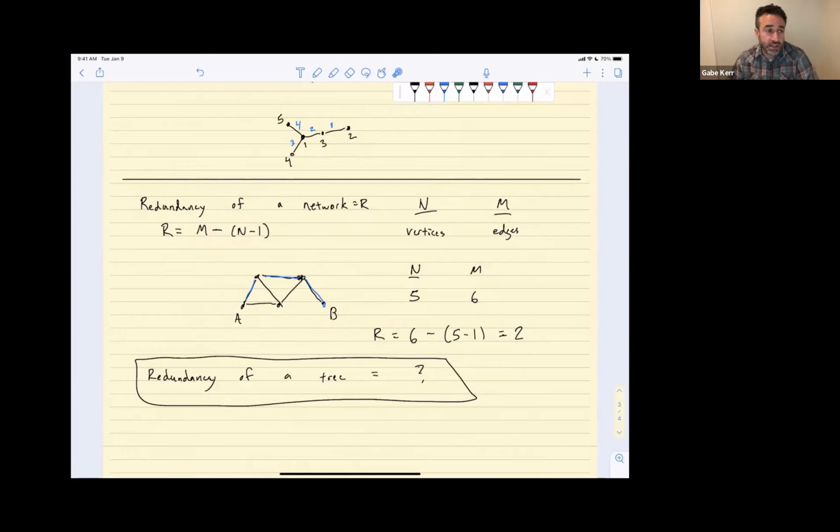Now I'm saying, okay, let's say I had a tree. Let's say my network was a tree. What is my redundancy for a tree? What is this new number that we're defining if the network we have is a tree? So I have one guess of 1, which is,